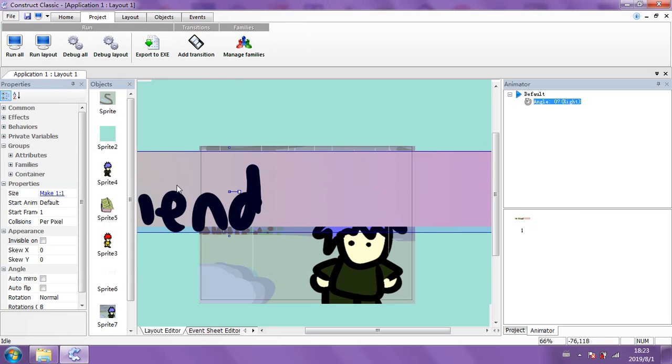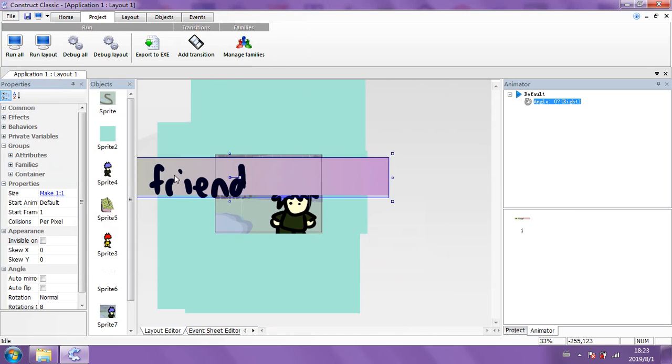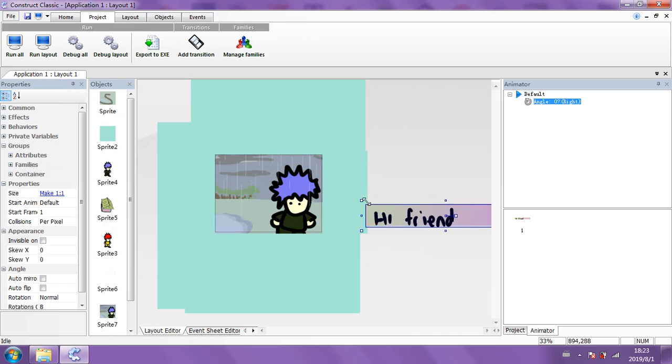It's going to be a certain size, and basically it's a message box on top of everything. I'm going to change the size. He just says hi friend. We could have a voice recording there, you know, music and sounds. We can do that too, but put in a certain size there. It's not animated, but it's in front of our animated sprite, which is this one.